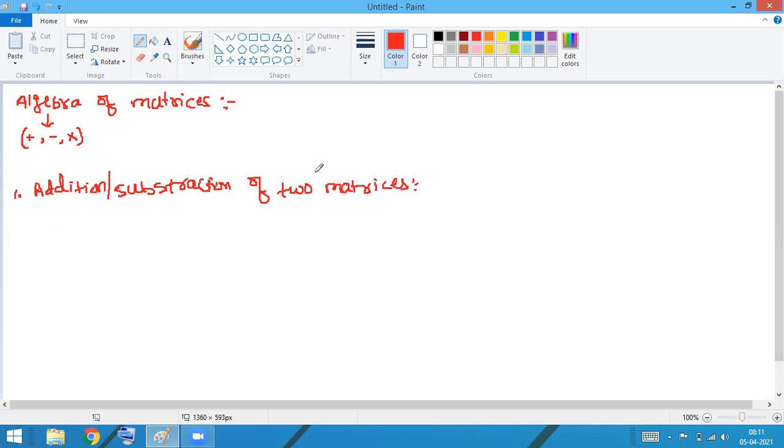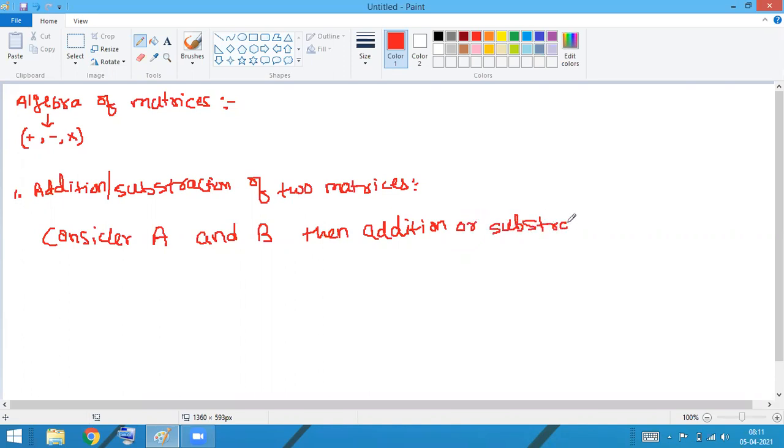Okay, so let's assume we consider two matrices, A and B. Then addition or subtraction between matrix A and B will be possible